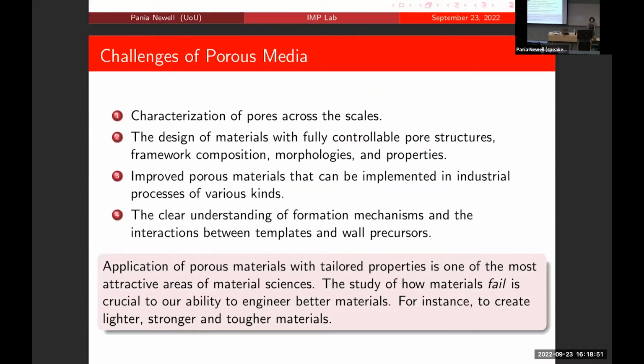But it's not all good, and life is not amazing by just moving to using porous media. There are so many challenges, and as I mentioned, the characterization of these pores across the scales has been challenging. Designing materials: we are a bunch of engineers, we want to design things at the larger scale. We want to design buildings, and we want to make cars and bridges and larger and larger materials. We might be able to control these pores at the nanoscale or the smaller scale, but we cannot extend them to the larger scales to this day.